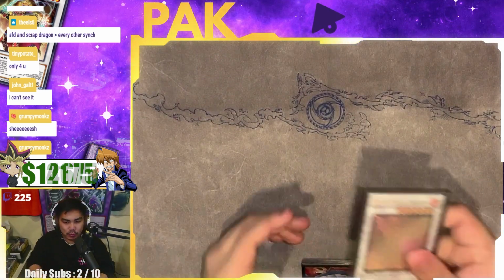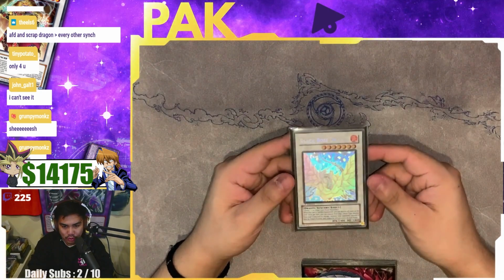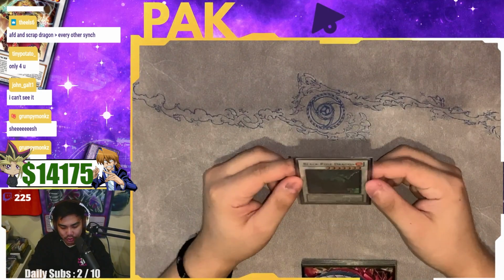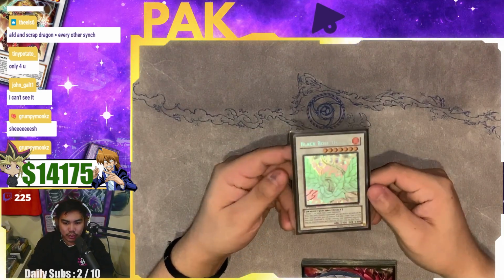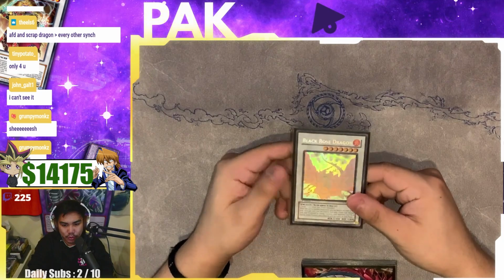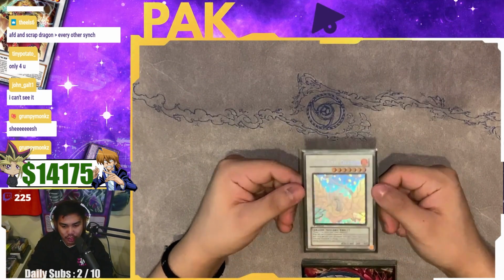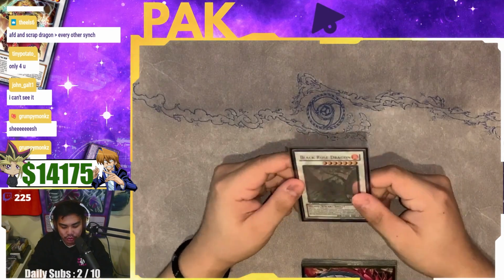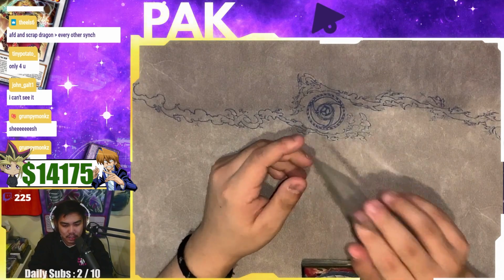Of course, it wouldn't be fair to talk about Stardust Dragon if we don't also mention Black Rose Dragon, right? A very iconic card. Shout out to Akiza, that just equalizes the playing field as a card that was always super threatening, right? If your opponent had the ability to make this card and wipe and nuke the entire board, it was always very scary. But the craziest thing about this card too is that it can also switch your opponent's monsters to attack mode, making it easier to OTK